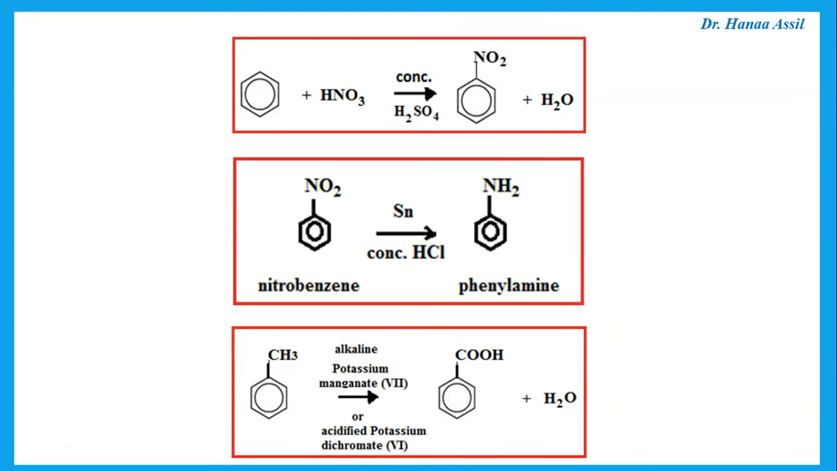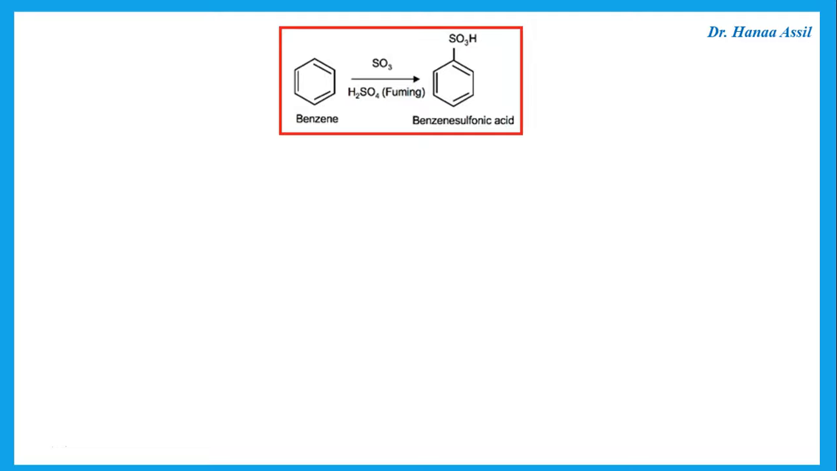The methyl benzene, if I want to change it into benzoic acid, we do an oxidation reaction, but this is with alkaline potassium permanganate or acidified potassium dichromate. This will oxidize the methyl group to the carboxylic acid. How do we add SO3H onto a benzene? We react the benzene with fuming sulfuric acid, which we said is a mixture of concentrated sulfuric acid and sulfur